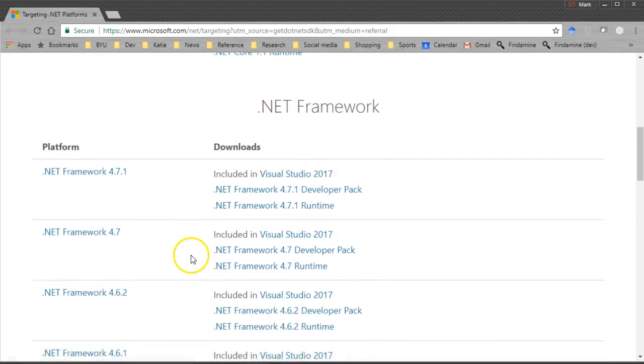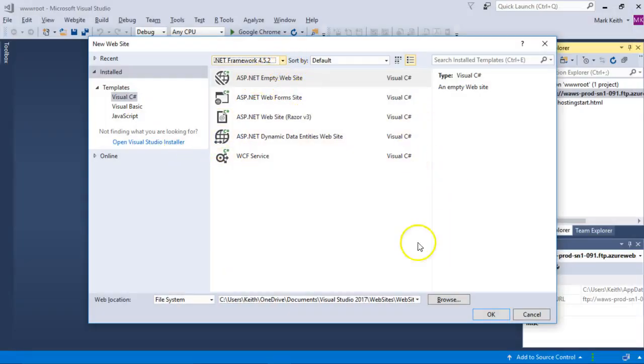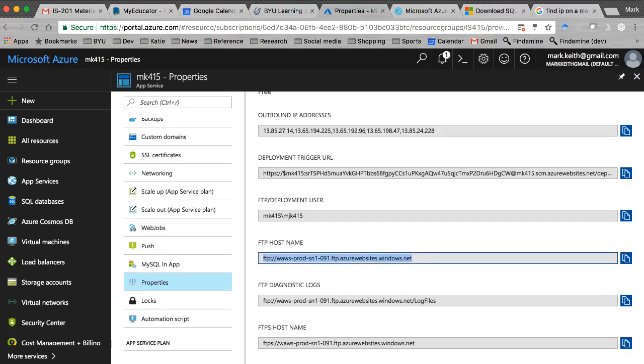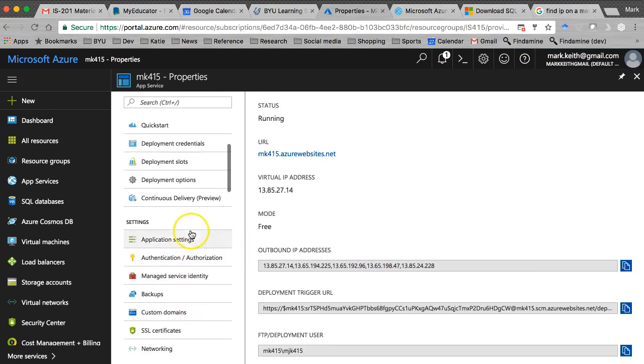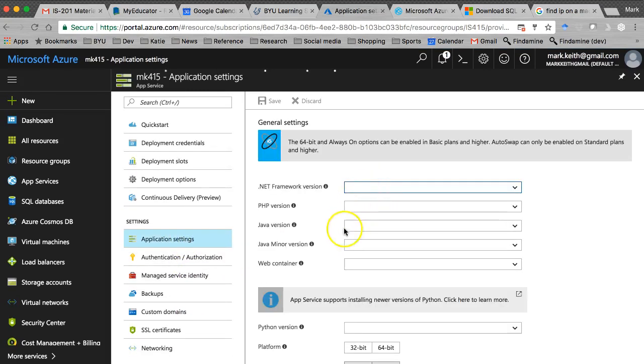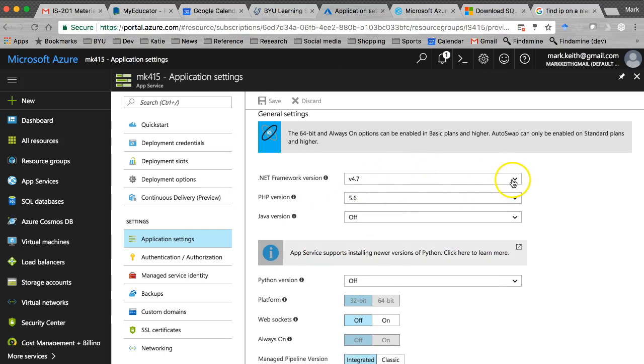Yeah, I need to update Visual Studio so it includes 4.7 because I want that to match what I put on here. If I go to application settings, I can see right here I'm on version 4.7. So I would go ahead and update my Visual Studio so that I can create a 4.7